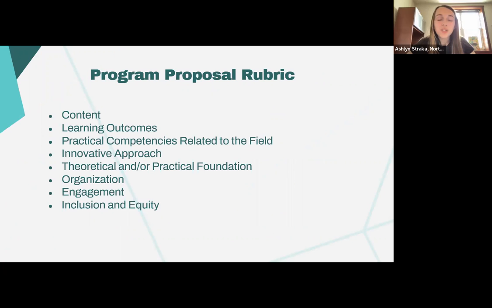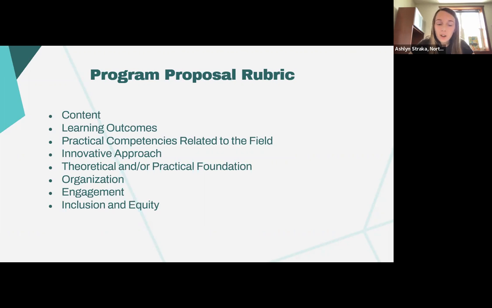All right, so Amy mentioned earlier that the conference host committee uses a rubric when reviewing the different program proposals. So just to go over what the committee looks for and what the rubric entails. There are a few different areas. The first one is content. So making sure that it contains thorough and reliable information about the subject area and that it's clearly communicated with the information that's in the proposal.